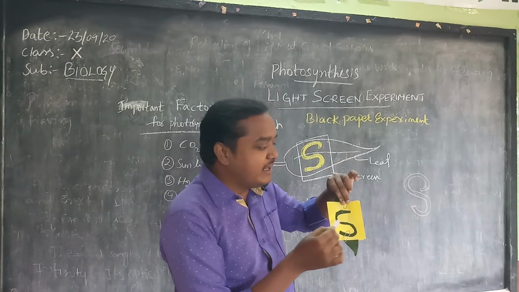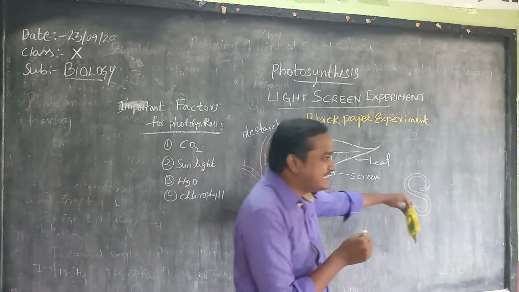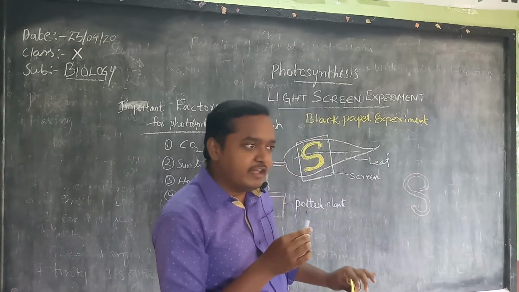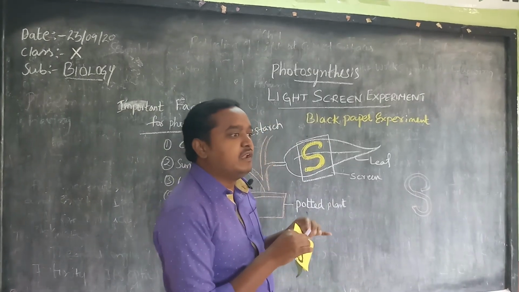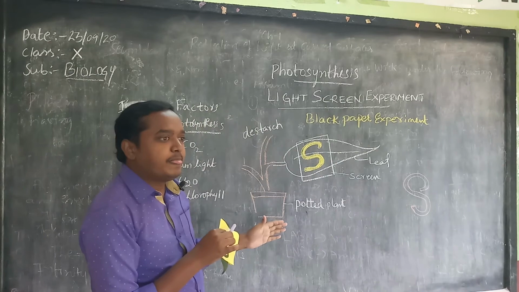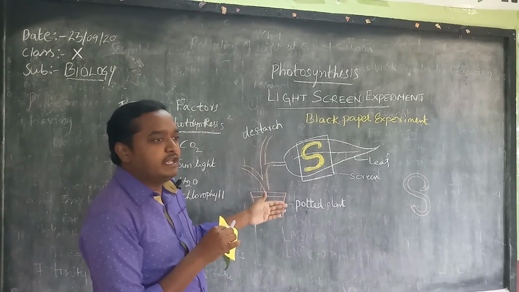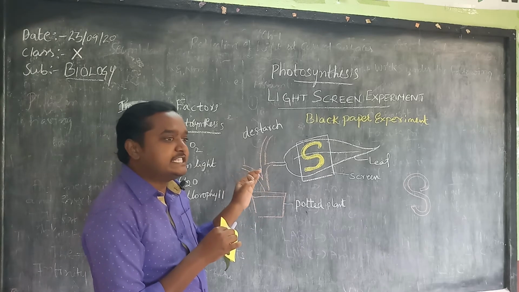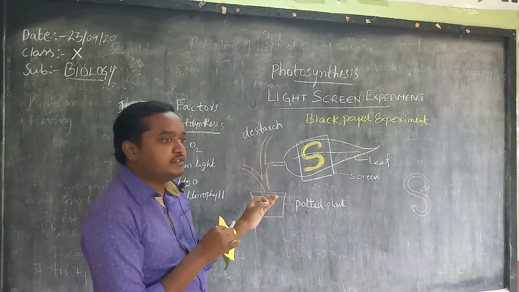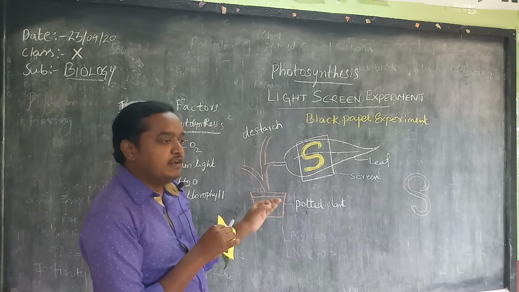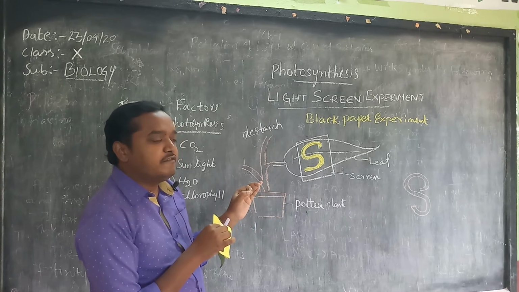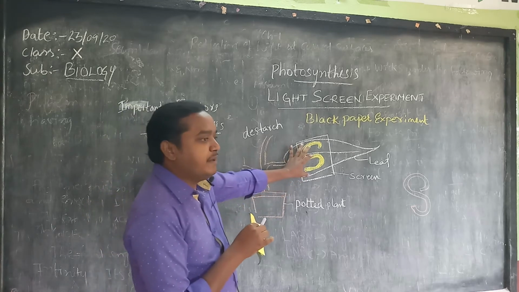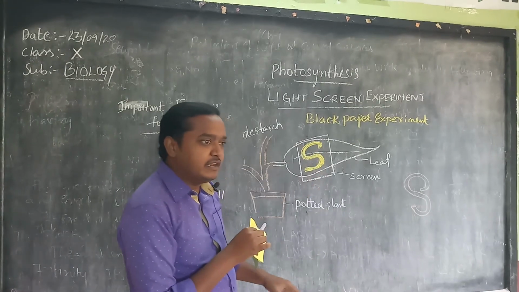So how do you get it on the leaf? You get it like this, blue-black. Okay, done. So by this experiment, what is the confirmed result? By the above activity, we proved that sunlight is necessary for the process of photosynthesis, which is proved by the confirmation of blue-black color in the form of the black paper screen. Is it clear? Easy.